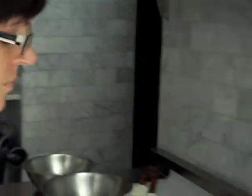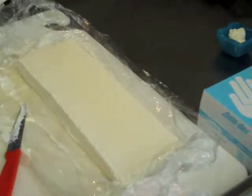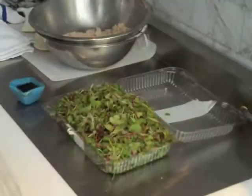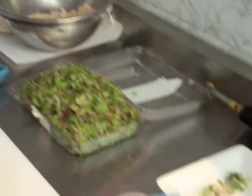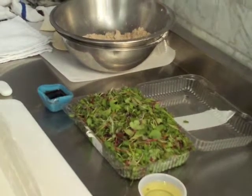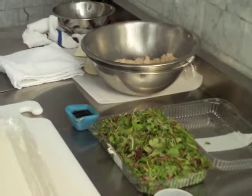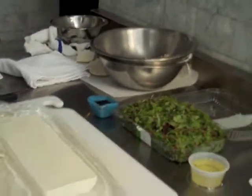What we did is once it was set, we just took the plastic wrap and pulled it right out of the Pullman loaf pan and put it right onto a cutting board. And then use some of the praline powder that we made. I got a little bit of lemon oil here too, and balsamic reduction. The greatest thing is these are all going to complement each other in a really nice way, so it's not going to be too overpowering for anybody. So the first thing you want to do is just make sure